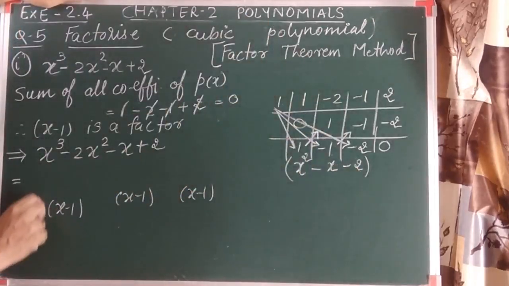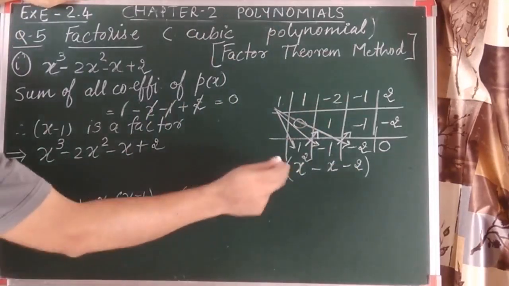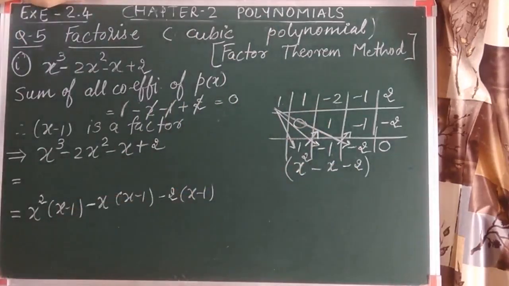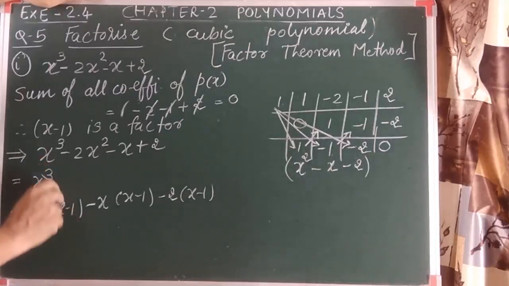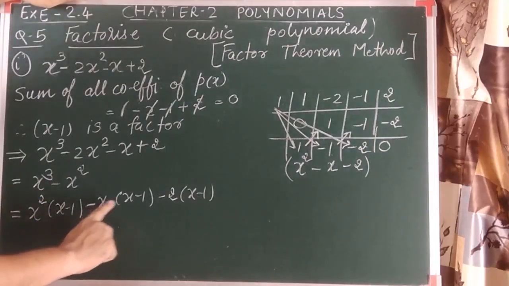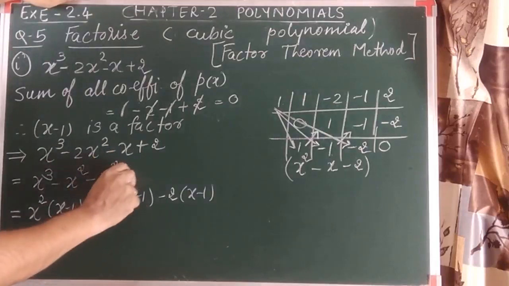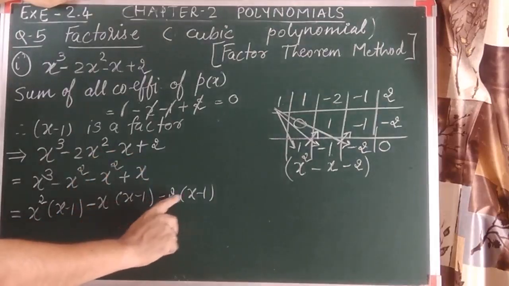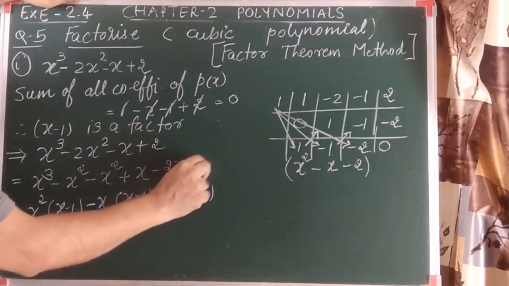That is x square, जो हमारा पहला टर्म है, the second term is minus x with the sign, and the third term is minus 2. ये जगह हमने जो ब्लैंक छोड़ी है, क्या करेंगे, this term should multiply x square into x, so we'll get x cube. x square into minus 1, so minus x square. We are multiplying minus x into x, minus x square. Minus x minus 1 plus x, minus 2x, minus 2x, minus 2 minus 1 plus 2.